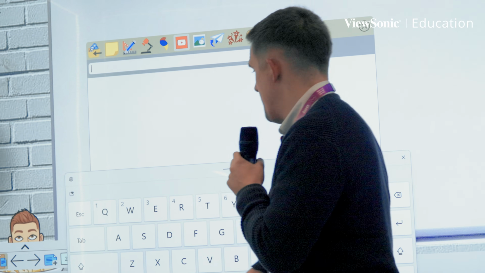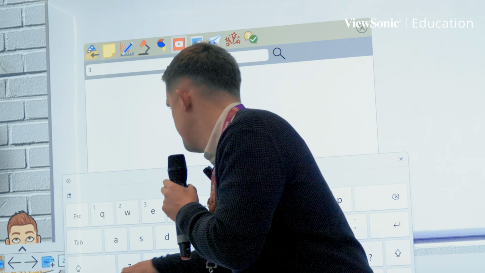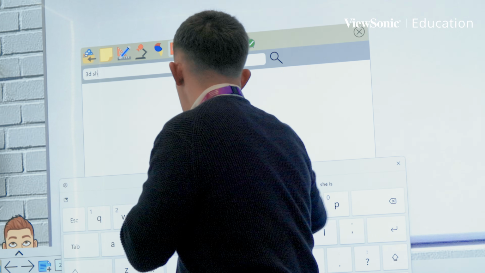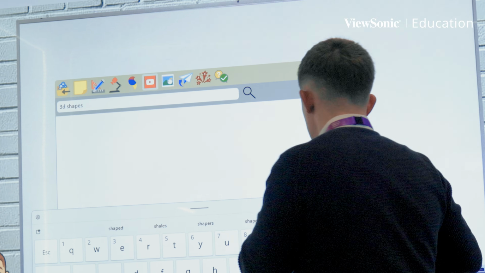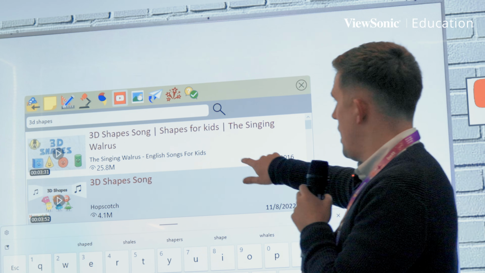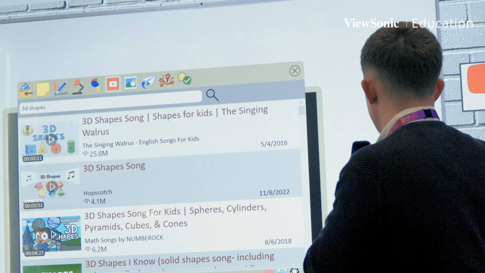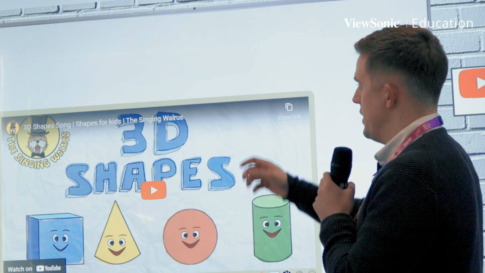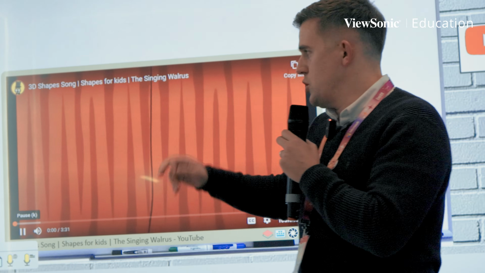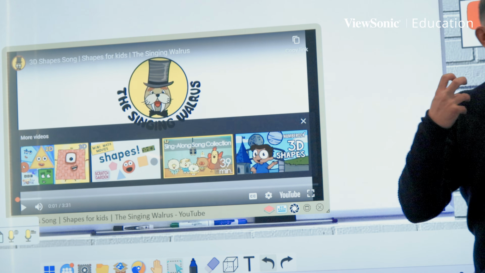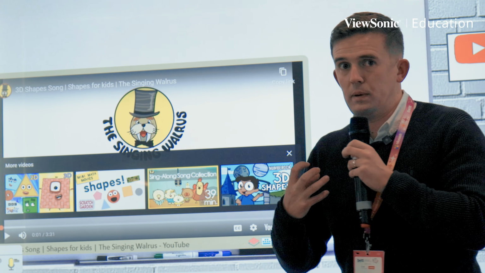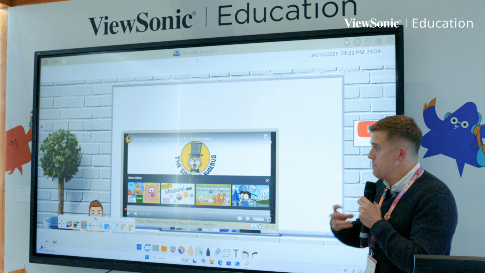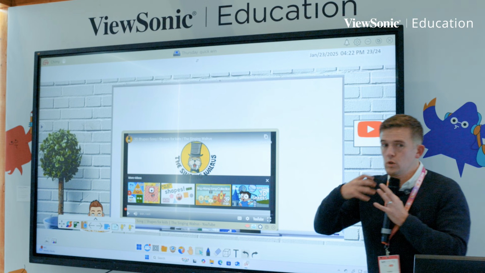So if I wanted to type in 3D shapes, I can then search that up on YouTube, find an appropriate video, and then I can just drag that in like that. And then all of a sudden I've got 3D shapes and I can play that. The children can see that and they can have that recap of how to utilize the technology. Now, in the past, when I've been using things like Google Slides, it's impossible to play that video,